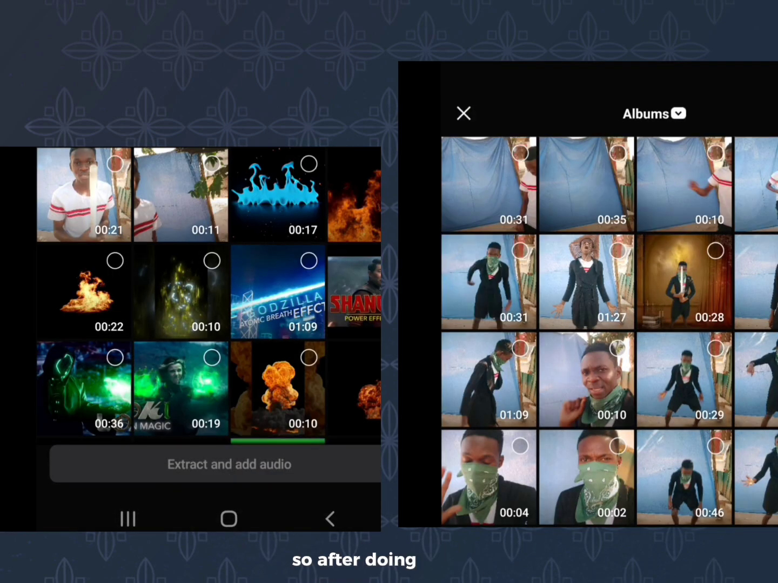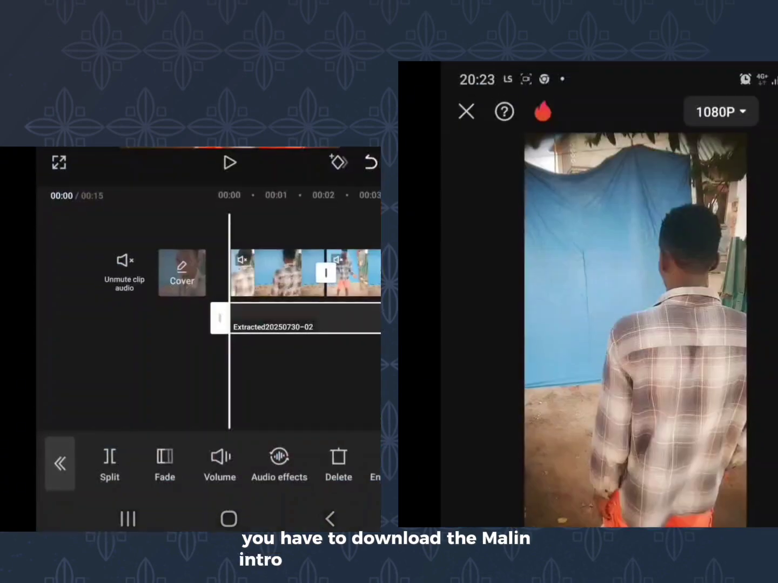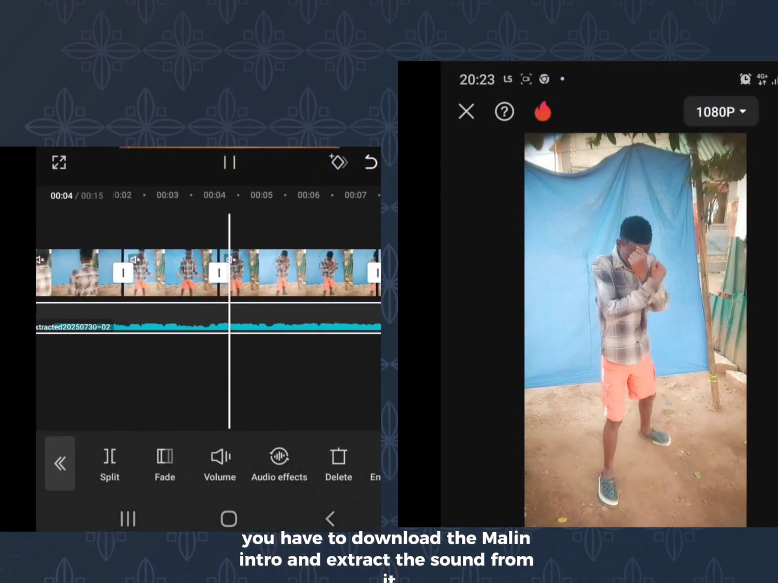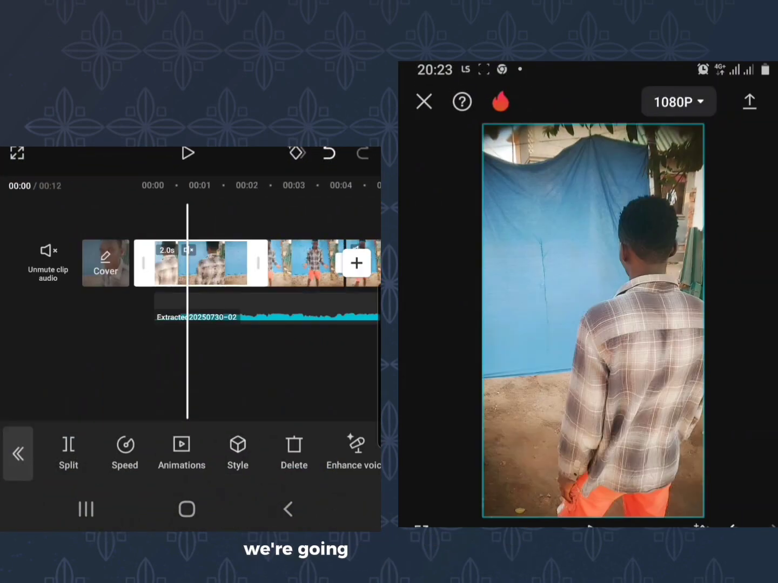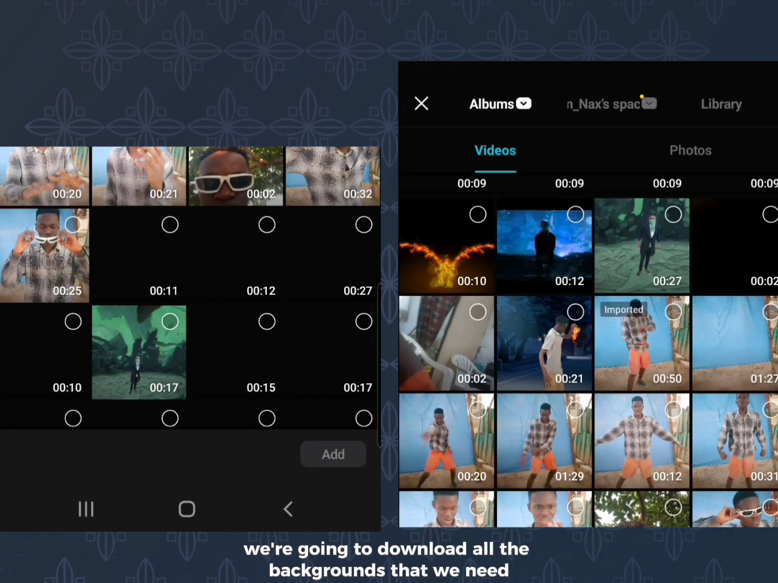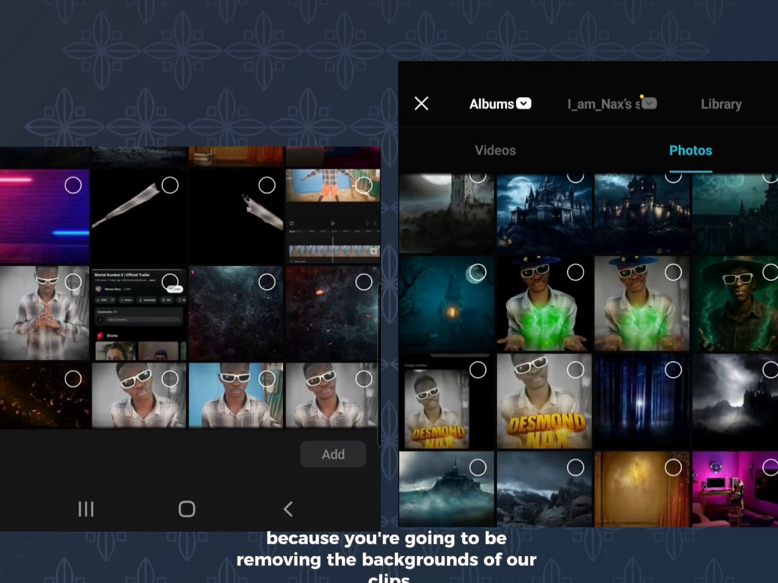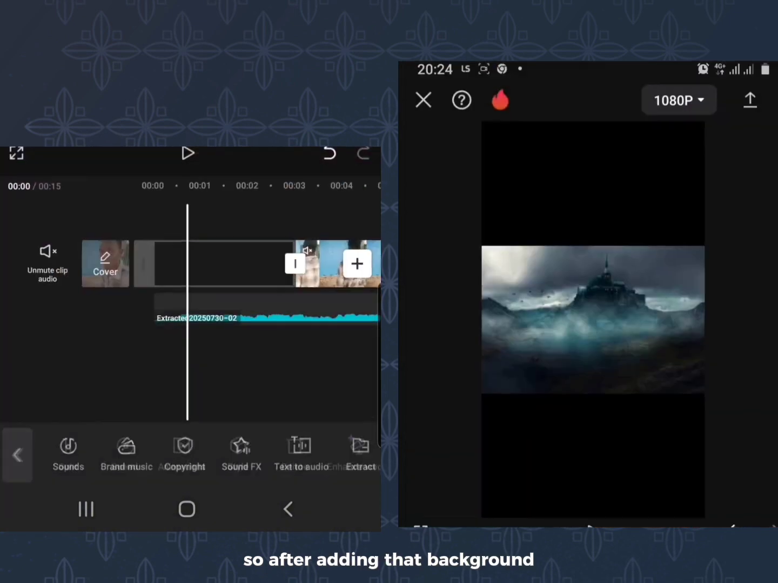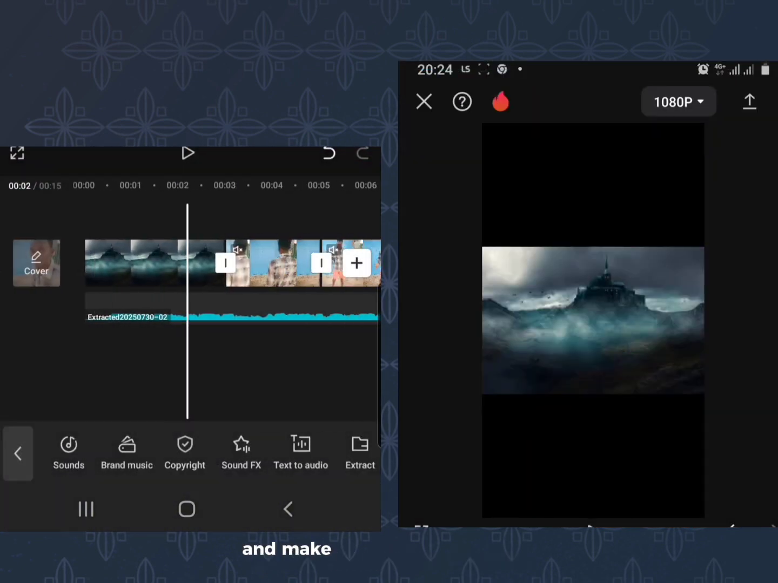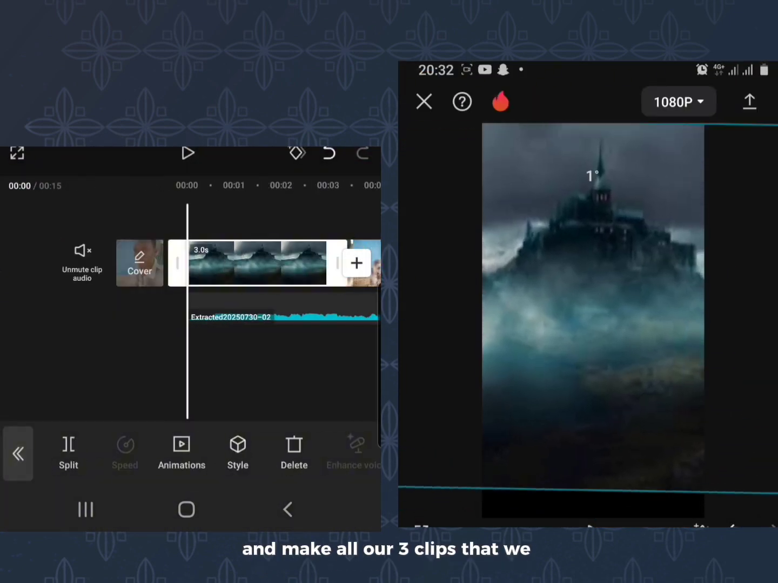After doing all that, you have to download the Merlin intro and extract the sound from it. After extracting the sound from it, we're going to download all the backgrounds that we need, because we're going to be removing the backgrounds of our clips. After adding that background, you are going to be adjusting and make all our 3 clips that we recorded